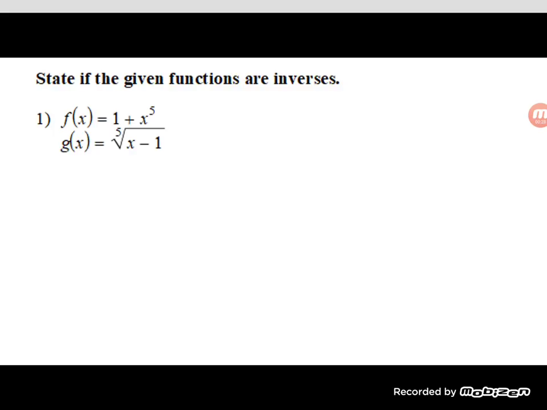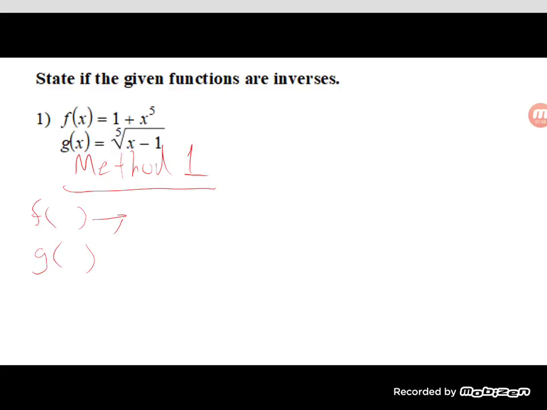Question number 1, state if the functions are inverses. So remember, there's two methods for this. There's method 1, which is a lot quicker than method 2. Method 1, we can just see if we plug one number into f of x, that's going to calculate to another number. If that number, when plugged into g of x, produces the original number that we plugged in,